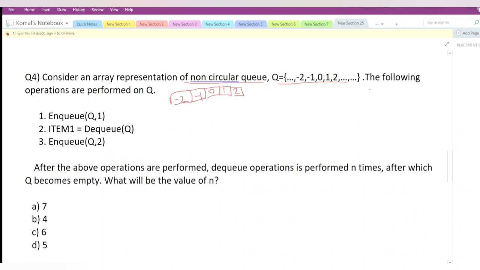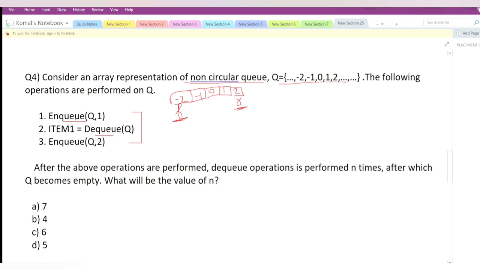What they are saying is that the following operations are performed on the queue. These are the operations they have performed. Now see, here they have given NQ also and DQ also. So that we don't have any confusion, we will take 2 pointers, front at the starting and rear at the end. You have to take front at the start only, because NQ is always done at the rear end and DQ is always done at the front end. So for NQ we will see the rear part, and for DQ we will see the front end.